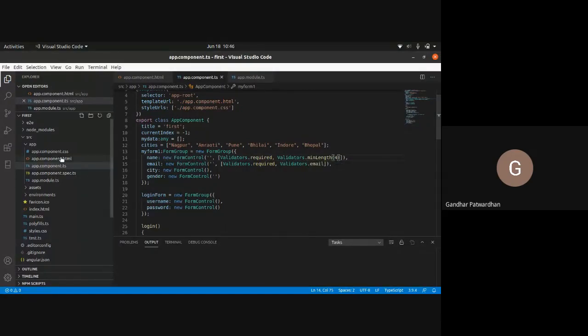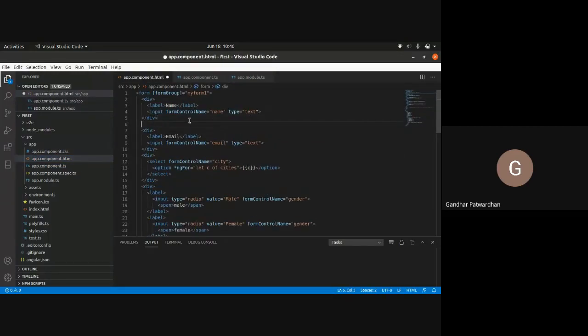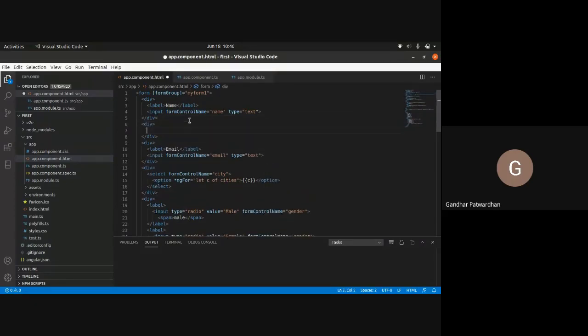What I'll do here is in my HTML, I'll give some error text. In my div, I would say *ngIf equals to name.invalid.